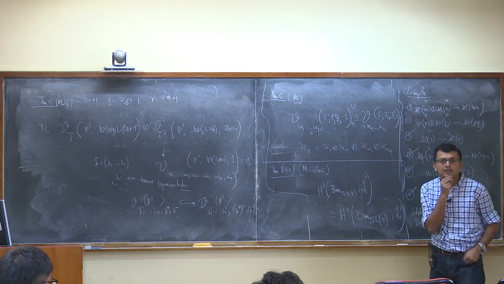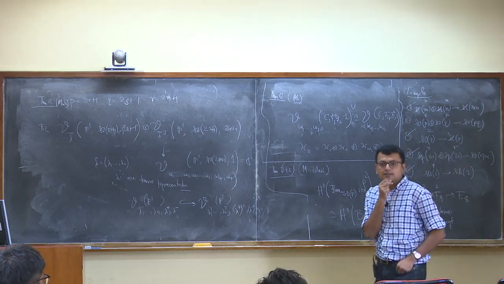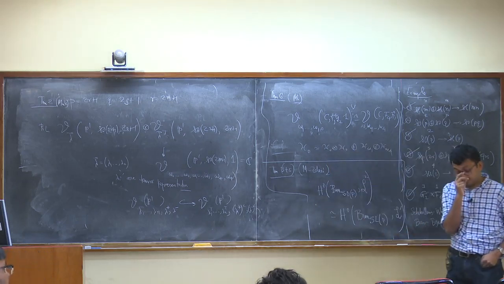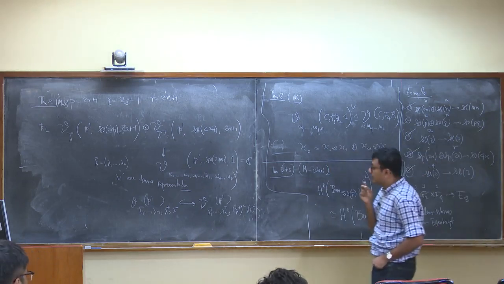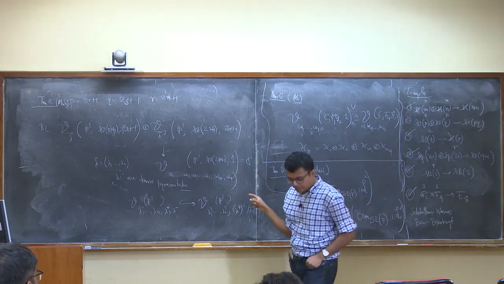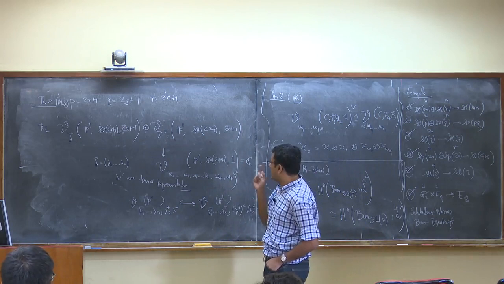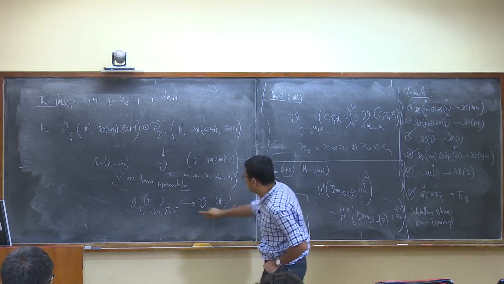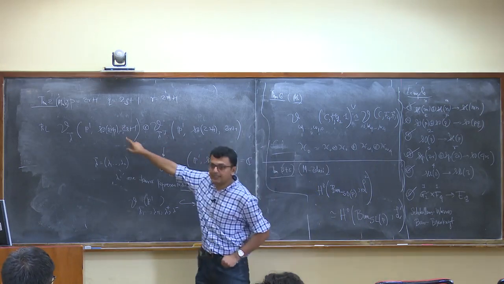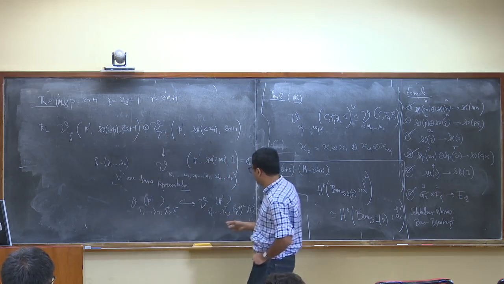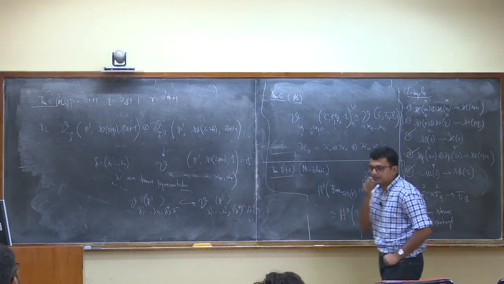I think the more elegant way of doing it is to write in superfields, like super-Riemann surface. But you don't necessarily want some symmetry between them. What determines this arrow and not that arrow? So there is a central action, right? Because this is a center. These things are not fixed by the center, but once you have these things not fixed by the center, these things are fixed by the center. So that determines the arrow.